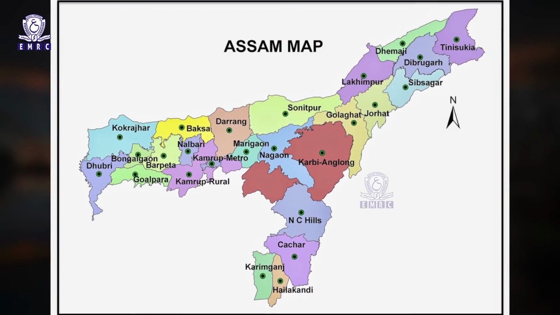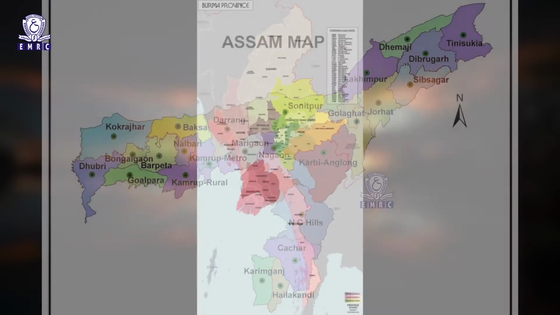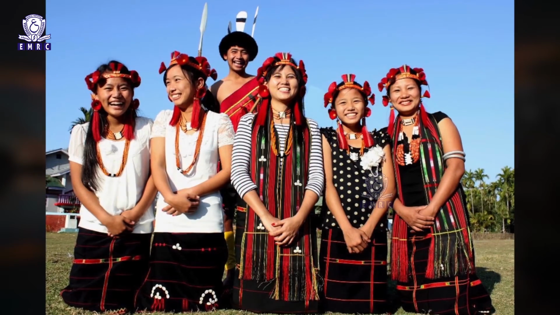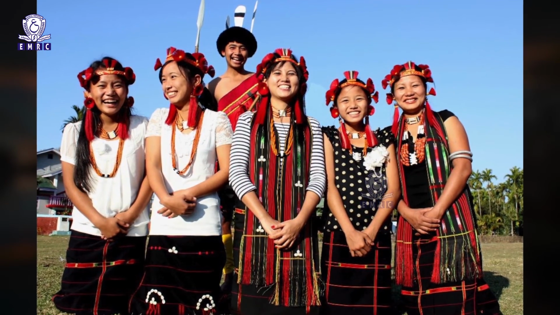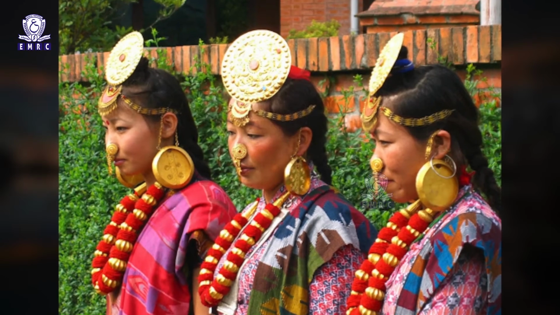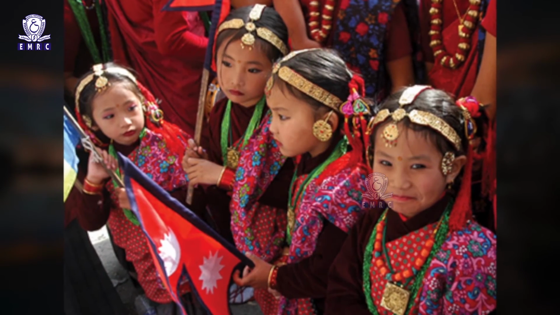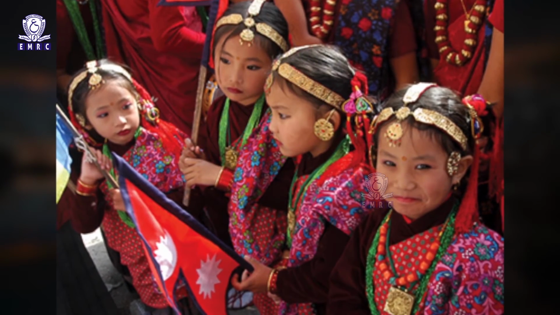This type is found in the tribes of Assam, Burma frontier. The Sema Nagas of Assam and the Limbus of Nepal are said to be true representatives of this type. Their characteristic features are broad head, round face, dark skin color, medium nose, obliquely set eyes which show marked epicanthic fold.